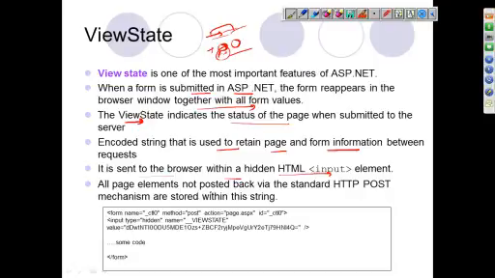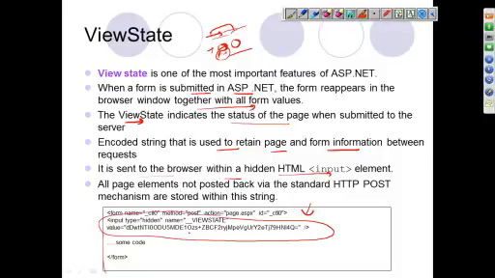Now, all page elements not posted back via the standard HTTP post are stored in the string. Whenever you right click and view the source, you will see something like this added in your code, even though you are not adding it. It is there to preserve your page state.